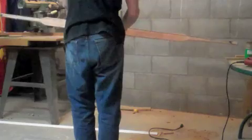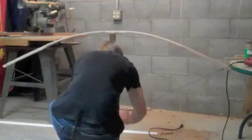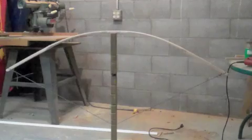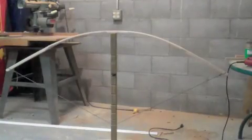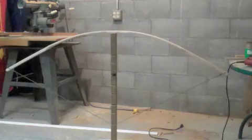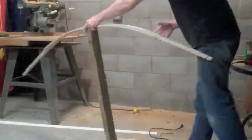Alright, so I'm going to carefully align the middle of the bow on here, and I'll show you what the tiller looks like. There. I'll take a step back, and you can take a look at that. As you can see, it's pretty close. The left one right now looks a little bit lighter, but if I spin it around,